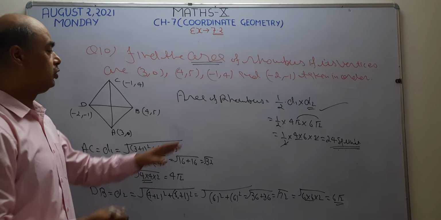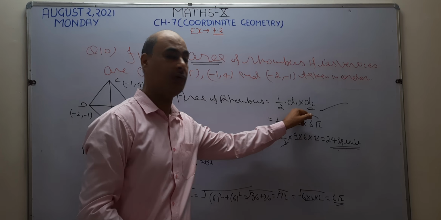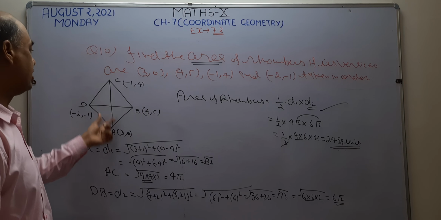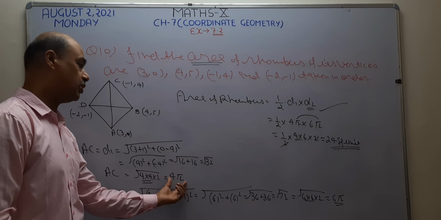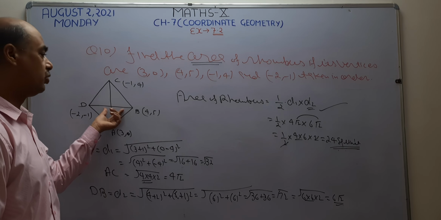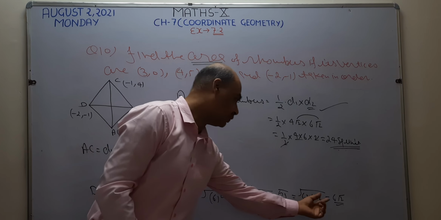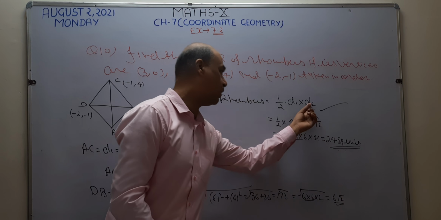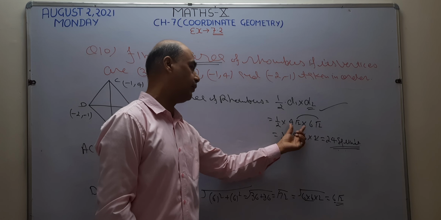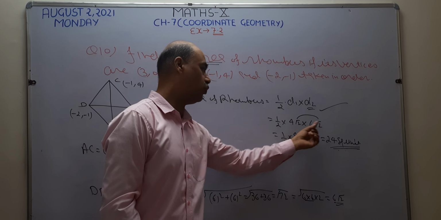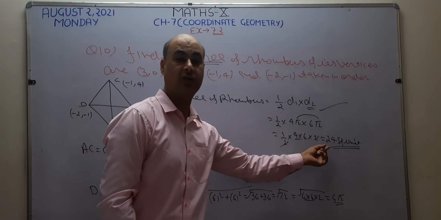Okay, which formula am I going to use? 1 by 2 d1 into d2. This is the formula for finding the area of a rhombus. Diagonal means this is your first diagonal, AC, the length of AC. I found this by using this formula. Again, the second length BD is known as diagonal number 2. Again using this formula I found the value of the second diagonal, which is 6 root 2. After finding the values of d1 and d2 I substitute them into the given formula. 4 into 6 remains the same, root 2 into root 2 becomes 2, this 2 is going to cancel, so what is left? 6 4s are 24. This is your answer. Okay.